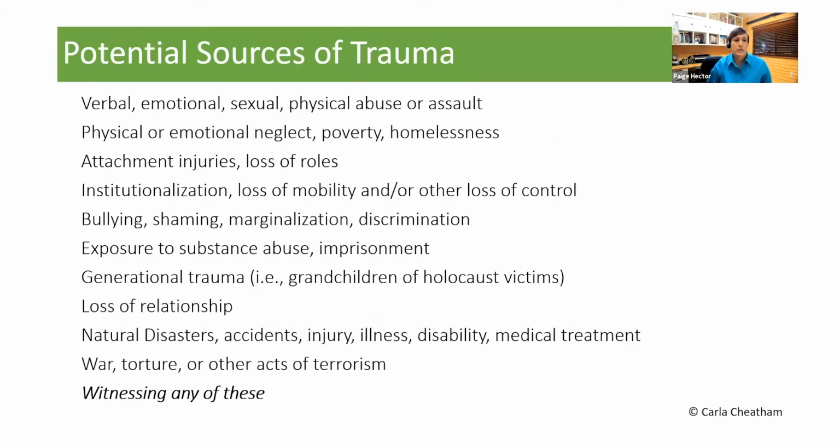Additional sources of trauma include any type of abuse or assault, neglect, poverty, and homelessness, attachment injuries, the loss of roles, institutionalization and loss of mobility, and basically any loss of control or function. Things like bullying, shaming, discrimination, racism, exposure to substance use or imprisonment, generational trauma. And what we mean by that is people either directly or through a generation or a family legacy or history